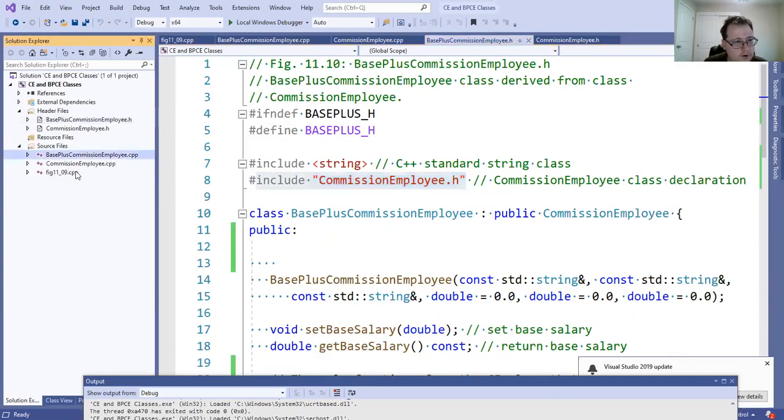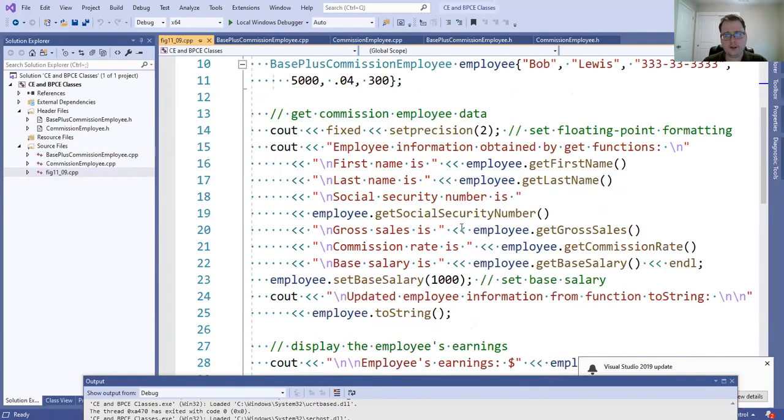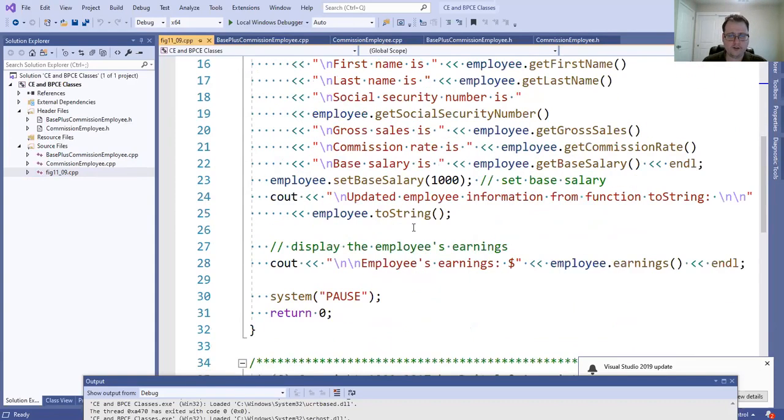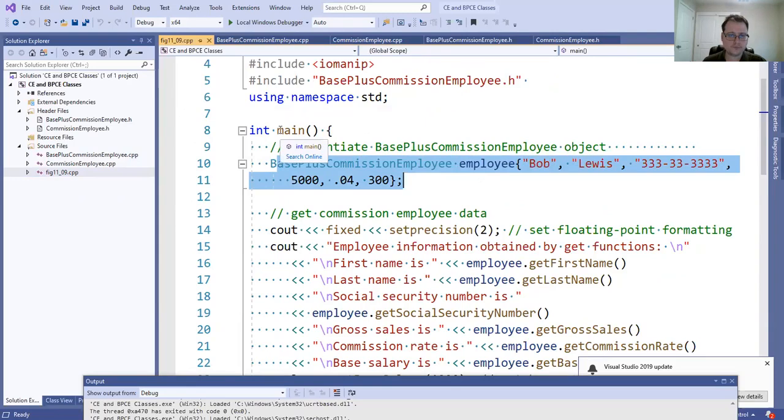And now we can run this, but again, just doing a little bit of tests here. But basically, we're just printing out everything, all 6 fields, a couple of different ways. And then at the very end, we also show the overall earnings. And so in this case, we're just creating the one object, right? And that's fine, right? We don't necessarily have to create